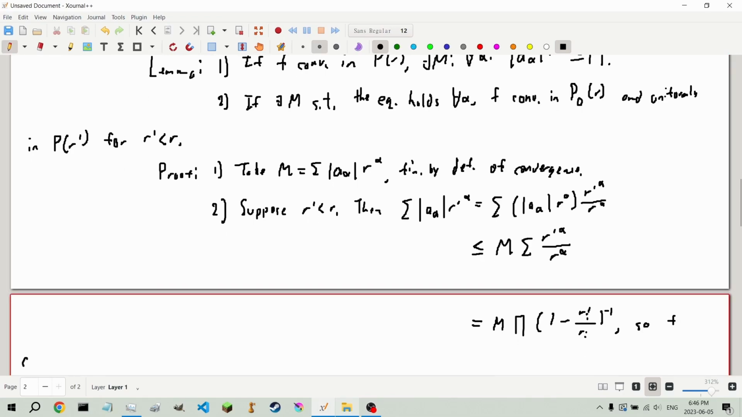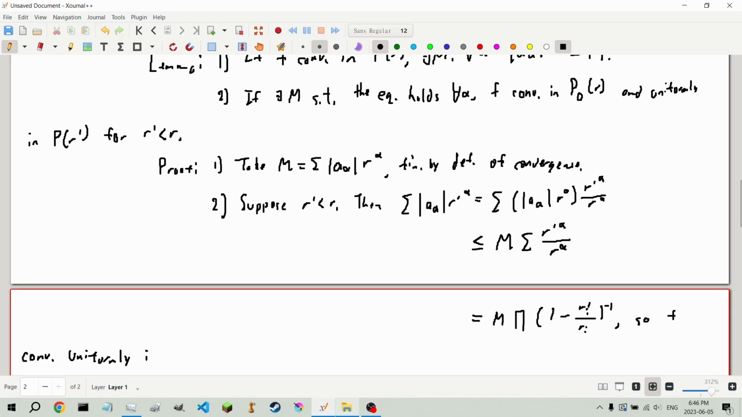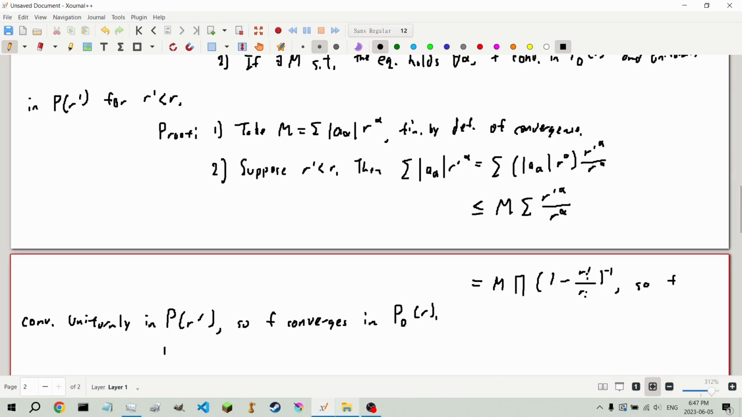So f converges uniformly in P on the polydisk of radius r prime. Things are happening upstairs too. So f converges in the strict polydisk of radius r. Alright, so